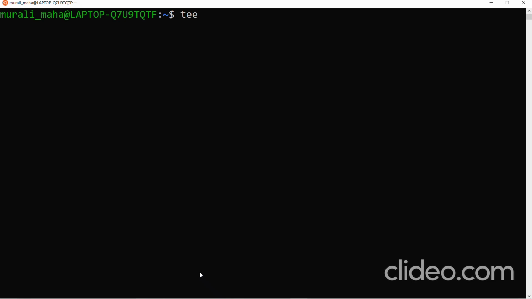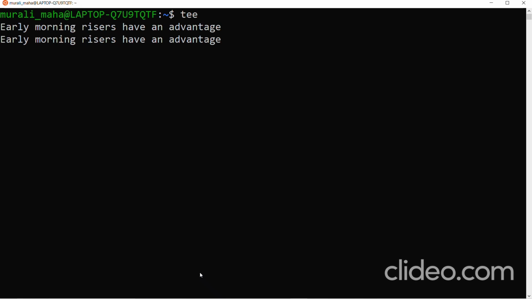But as far as the T command is concerned, you can send the output to the monitor as well as to a file. So let us execute T without any arguments. In that case, T should be working like a cat command. So it exactly works like a cat command, right?